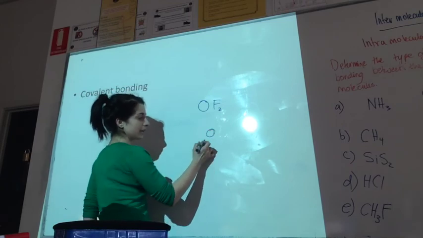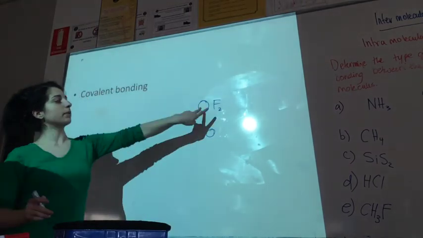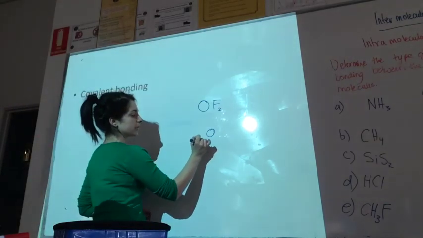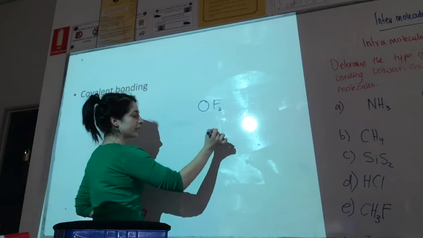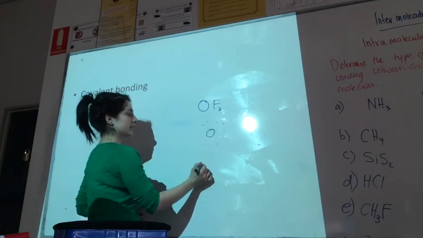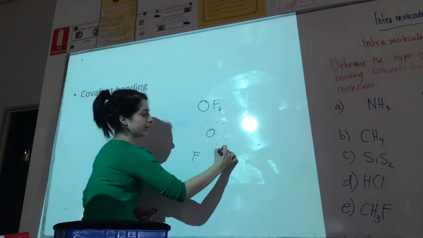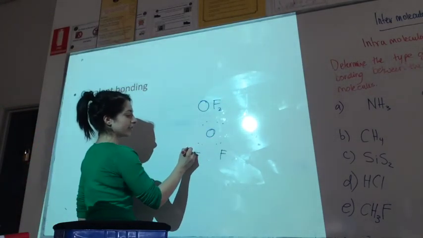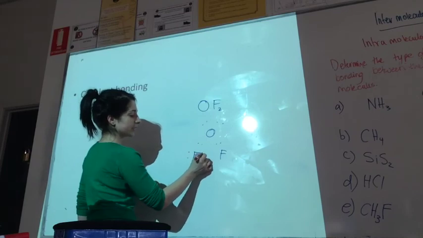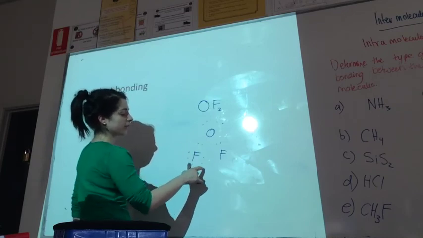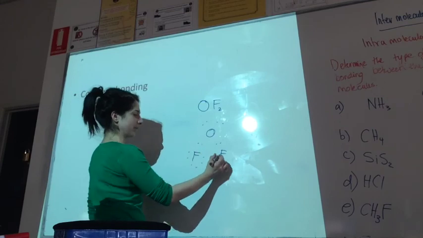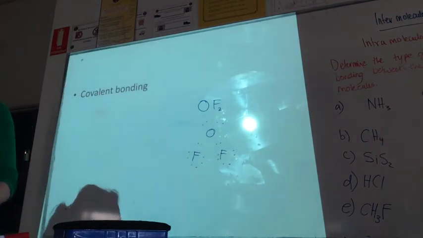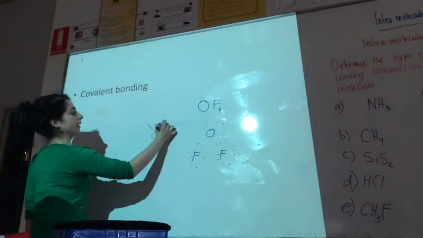Okay, so oxygen needs to give away 2, but fluorine only wants 1. So they have to be single bonds. Oxygen has 6 electrons in its outer shell, so 1, 2, 3, 4, 5, 6. And fluorine has 7 electrons in its outer shell. 1, 2, 3, 4, 5, 6, 7, 8. Why did I count that one? I don't know. Yep. So the valence structure should be,